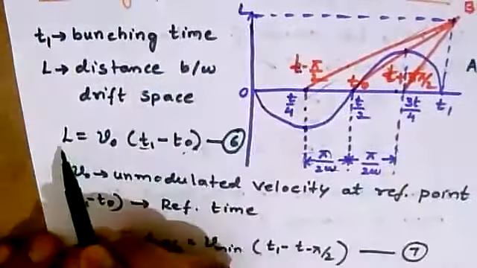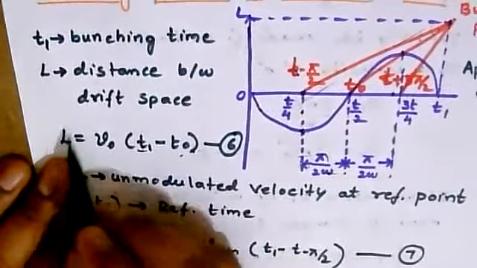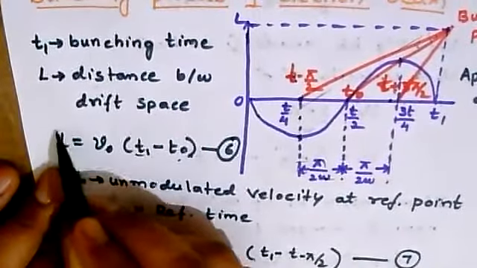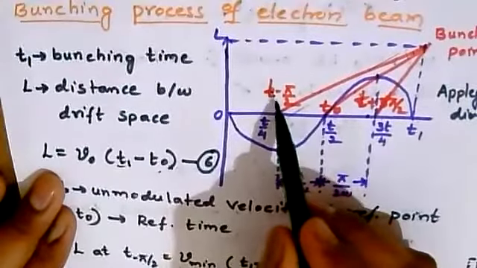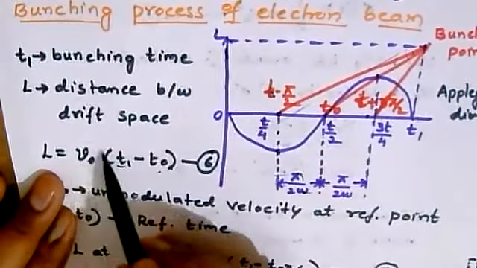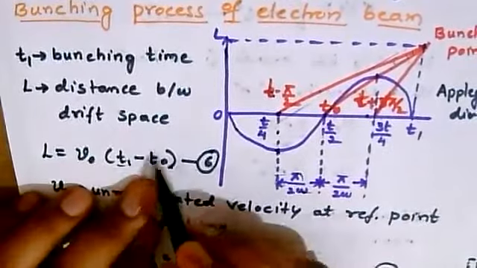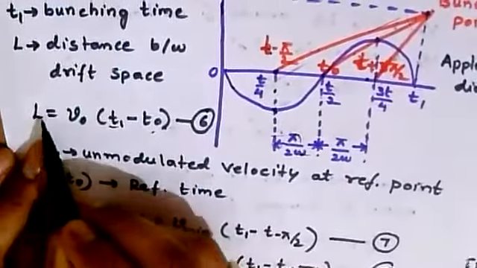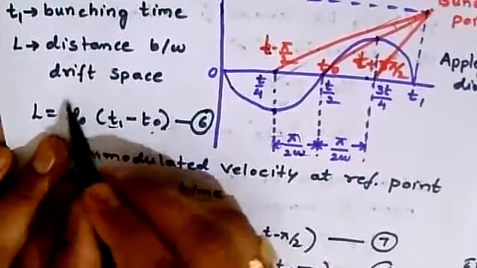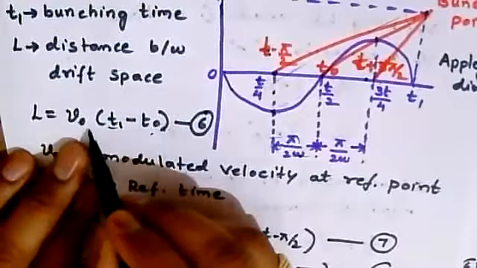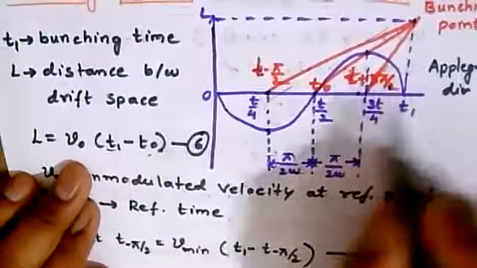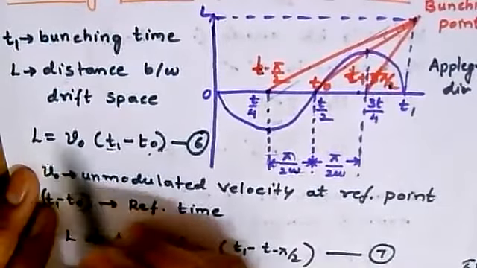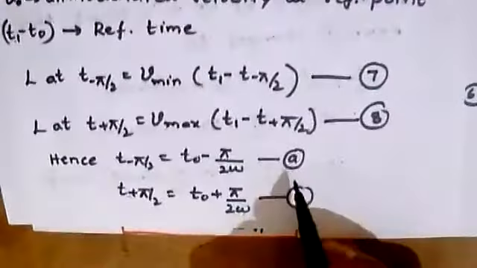And using this particular standard equation, I am calculating the distance traveled by the electron influenced by the negative RF field. Distance traveled at t minus pi by 2, I am writing the expression as V minimum here and replacing this particular equation in the time period. Similarly, I am calculating the maximum distance with maximum velocity V maximum at t plus pi by 2. At t minus pi by 2, what is the distance? At t plus pi by 2, what is the distance? I am calculating it, and that can be done here.